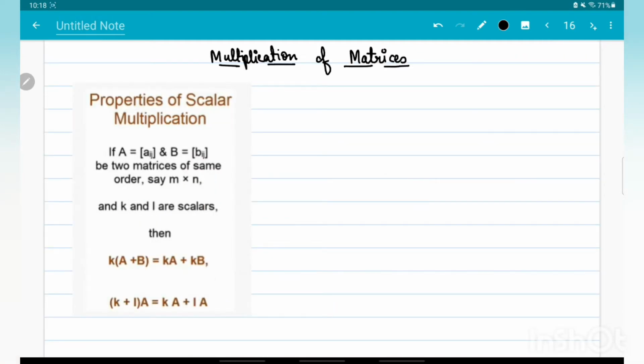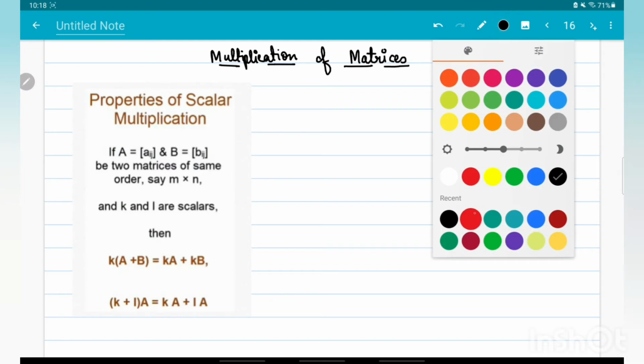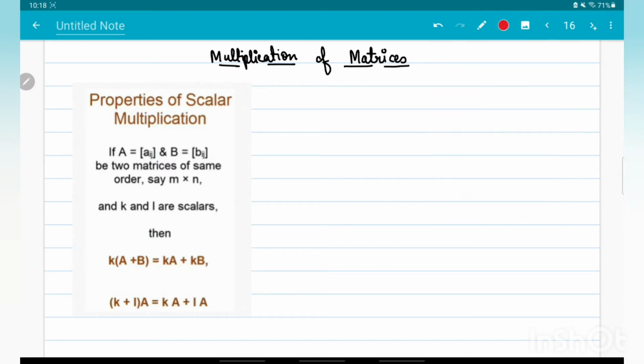Okay, so now let us talk about the multiplication of matrices. First of all, we'll talk about how we multiply a matrix by a scalar quantity, that is, when you multiply a matrix by a constant number. Suppose we have two matrices, A and B, and I'm adding both of the matrices and multiplying it with 2. Okay, 2 is the number. I have to multiply the addition, or you can say the final resultant matrix, with 2.